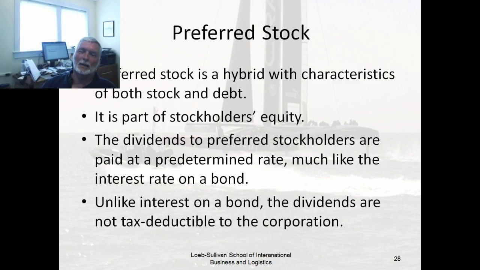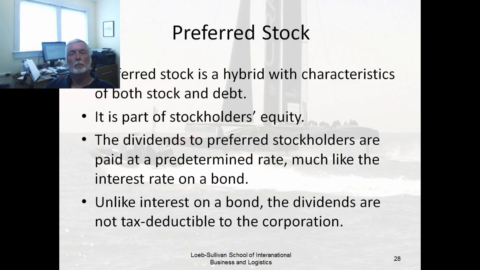Another kind of capital that's sort of halfway between equity, common stock, and debt, bonds, or bank loans, is called preferred stock. It has some of the characteristics that bonds have and some of the characteristics that stock has. From an accounting standpoint, it's part of stockholders' equity because it's permanent capital. We're not required to pay back our preferred stockholders. The money is permanent. That's why we consider it equity. However, it's permanent, but it has a fixed dividend. Like a bond has fixed interest, preferred stock has a fixed dividend.